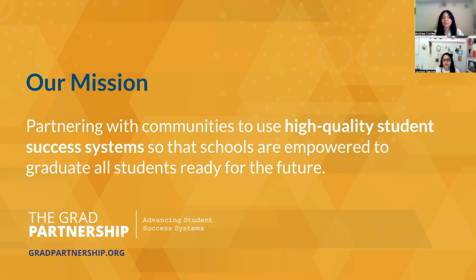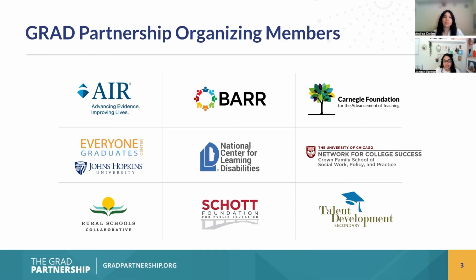So our mission as grad partners is to really support communities to use high quality student success systems so that schools are empowered to graduate all students ready and prepared for the future. We are a consortium of 9 organizations with decades of experience in the education field. We have been supporting school districts, schools, and state education departments with early warning indicators, so for example, on track, MTSS, attendance team, college readiness, and many student support systems really to support schools around improvement